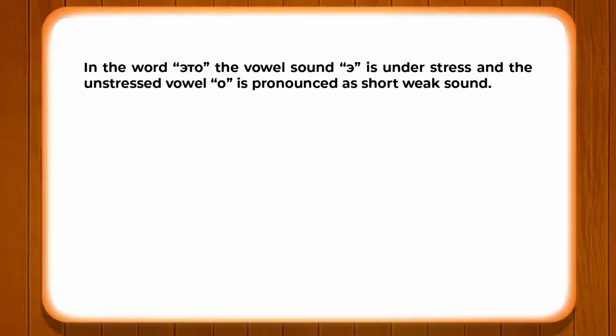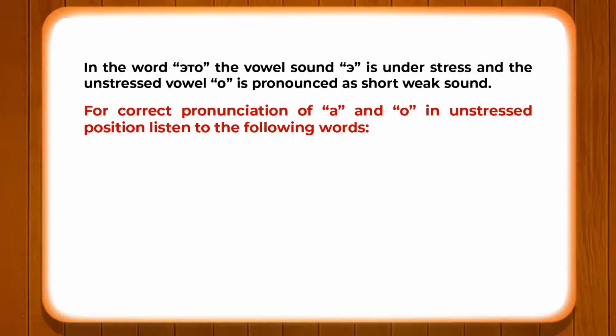That is why I am pronouncing eta and not eto, because of the vowel's role: once the stress is falling on a, the next vowel, which is o, will sound like a. So, a short weak sound in the case of o is coming as a. So, for correct pronunciation of a and o in unstressed position, listen to the following words: